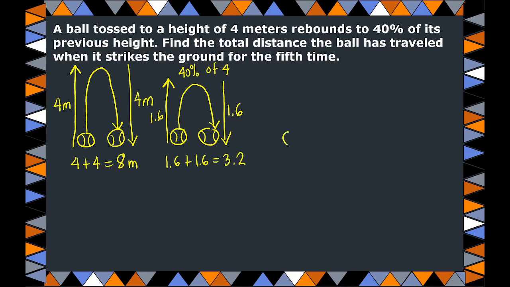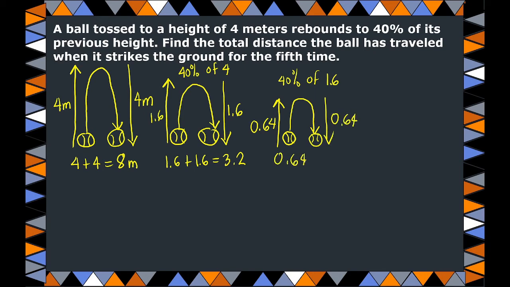So if I'm going to continue with my illustration, going down, going up, so that's 40% of 1.6, which is the previous height. So 1.6 times 0.4. How much is that? That's 0.64. This side going down, 0.64. So I'll be getting 0.64 plus 0.64, which is 1.28. So if I'm going to divide this by this one to get the common ratio,